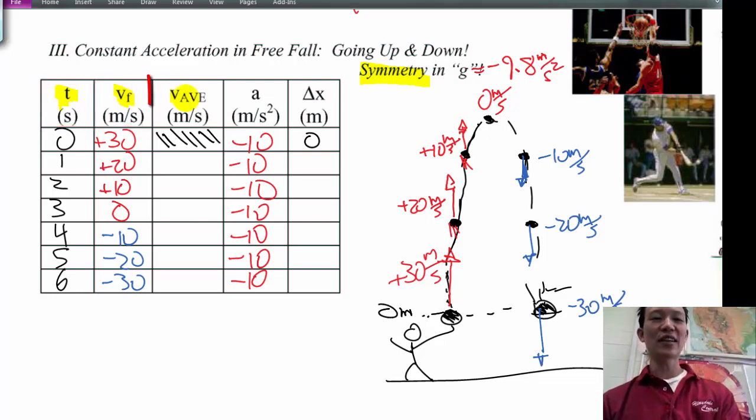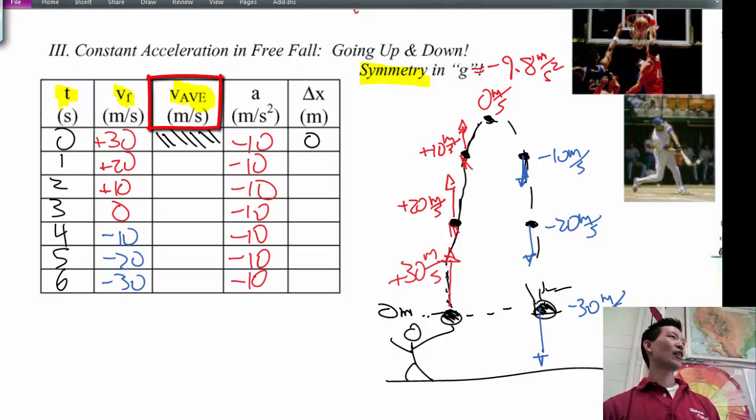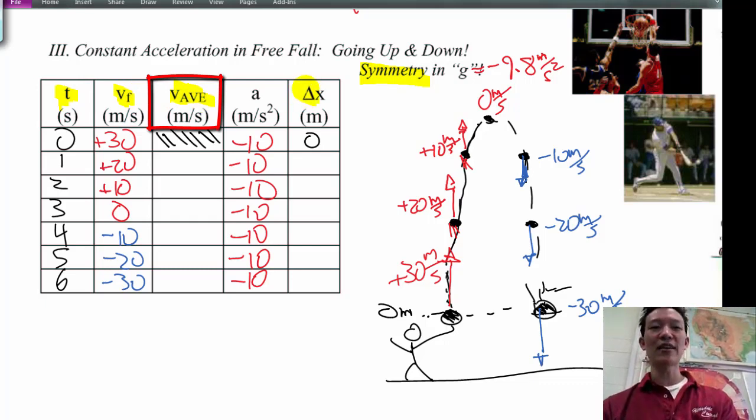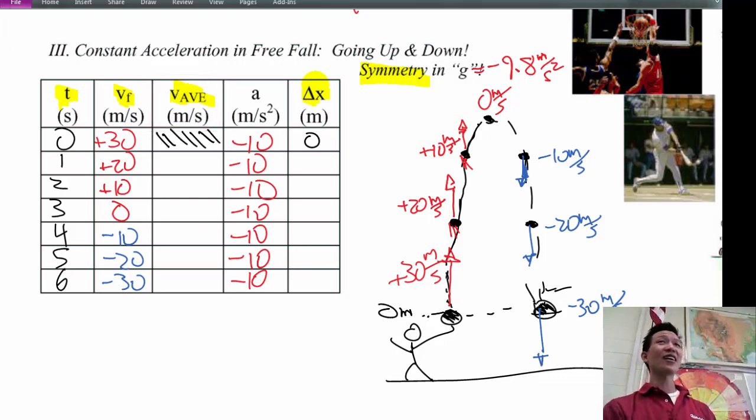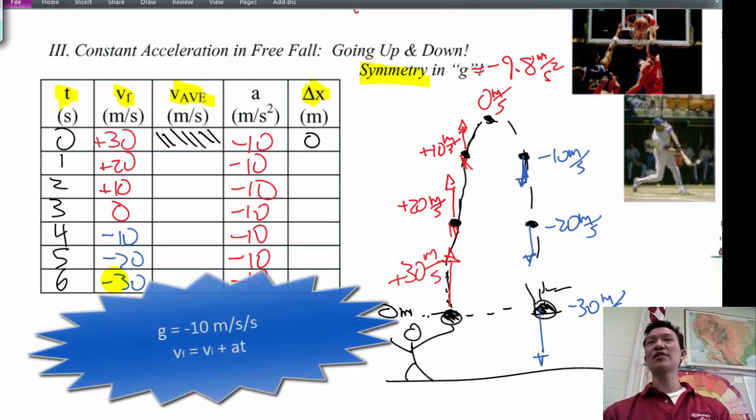It's another thing to say how fast on average. Okay, we need to find the average velocity. Why? Because that's the only way we can then find the displacement, the delta x. What I'm actually doing is forcing and tricking you into using two of the nifty equations. You just used nifty equation number 1, VF equals VI plus AT. I don't know if you realize it or not. That's okay. Now we're going to actually use nifty number 2. You're just not realizing it. Delta X is VF plus VI over 2. That's your average velocity times the time.